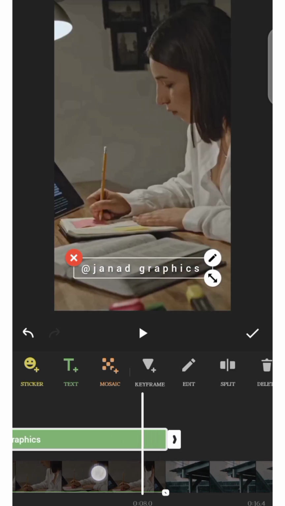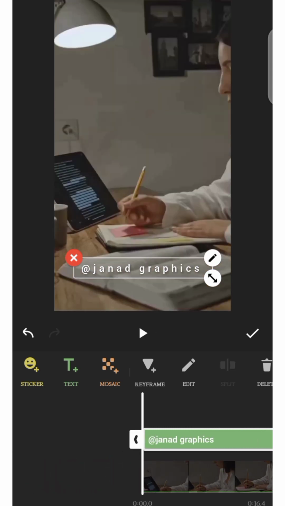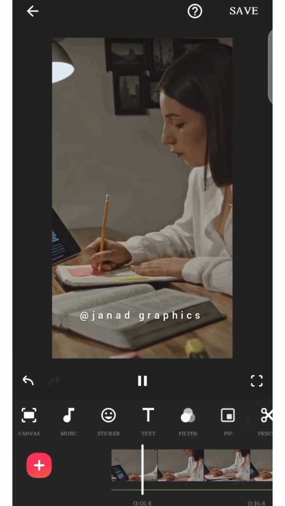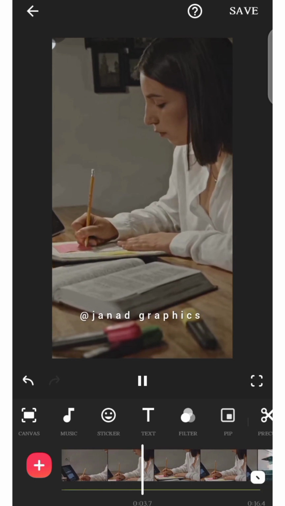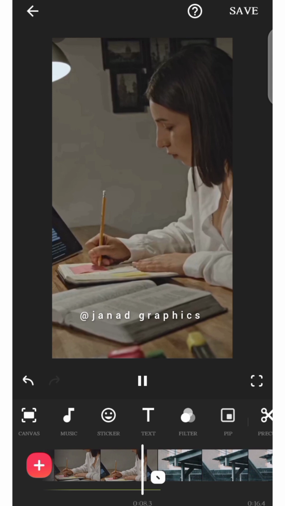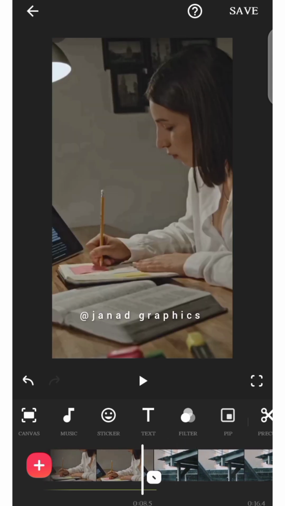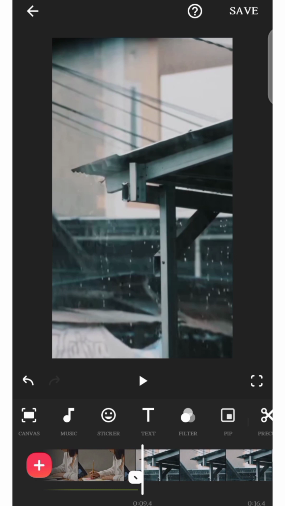All right, so I want it to only apply to the first video, right? So let's play it. Okay, after that you have to check. Let's play it. So you can see that my handle is still showing on the screen, and to be shown throughout the first video. So you can see now. Good, that's for the first one. Now let's get to the second one. The second one, you still go back,